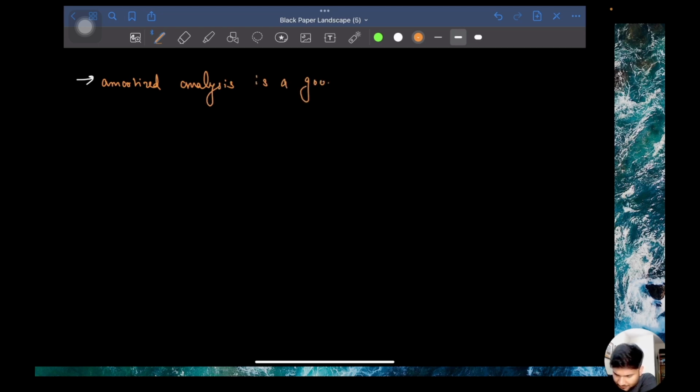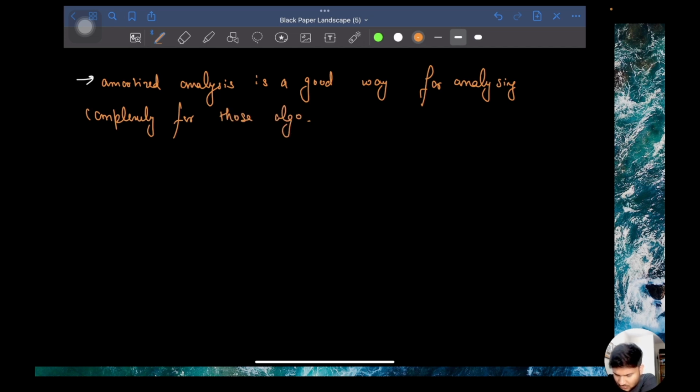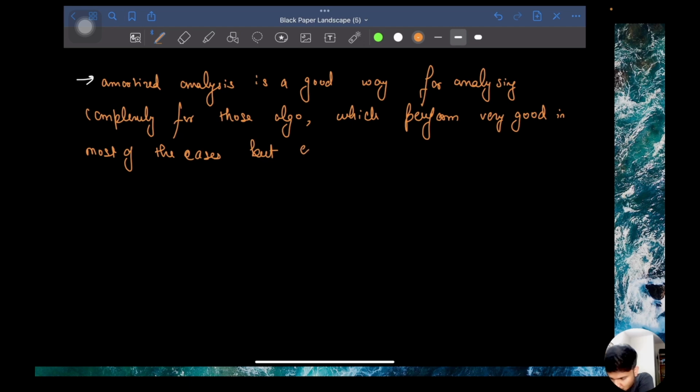You will find this definition very frequently on the internet, that amortized analysis is a good way for analyzing complexity for those algorithms which perform very good in most of the cases but extremely bad in some of the cases,